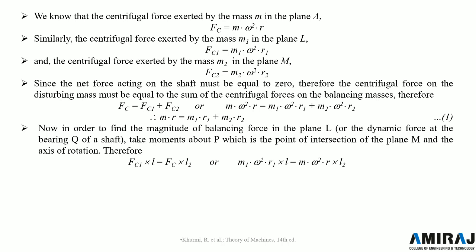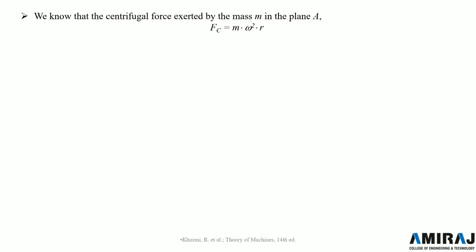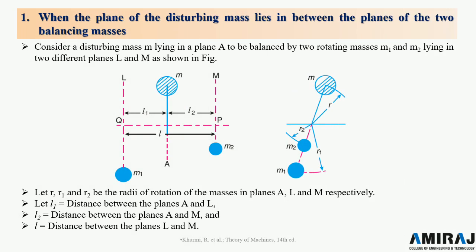अभी यहाँ पे हमको कौन से पॉइंट पे मोमेंट लेनी है, we have to take moment about the P point, जो पी पॉइंट है वहाँ पे मोमेंट लेनी है, point of intersection of plane M and axis of rotation, ठीक है। और find the magnitude of balancing force in plane L, जो प्लेन L में मैग्नीट्यूड ऑफ बैलेंसिंग फोर्स है वो हमको फाइंड करना है। So let me show you in the figure कि यहाँ पे मोमेंट कैसे ली जाएगी।